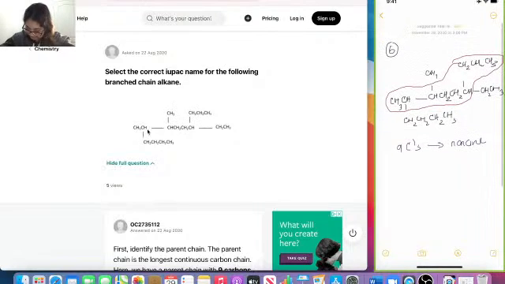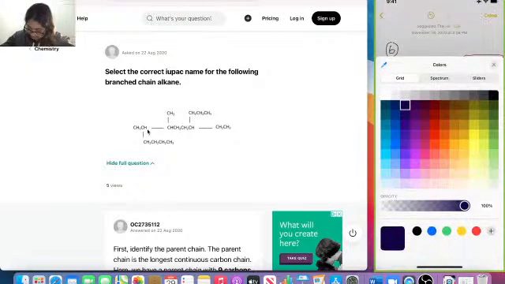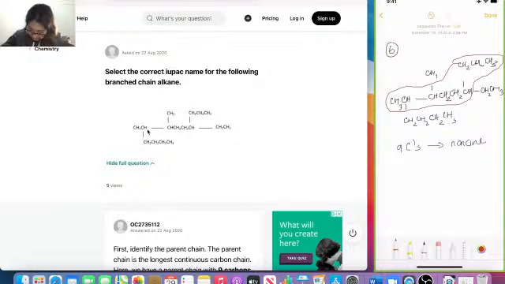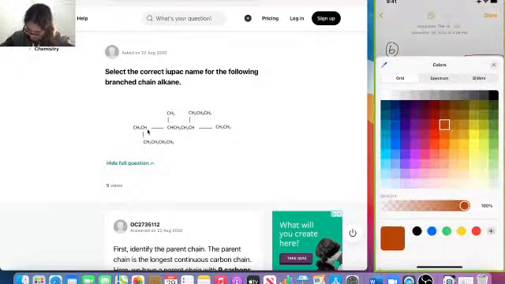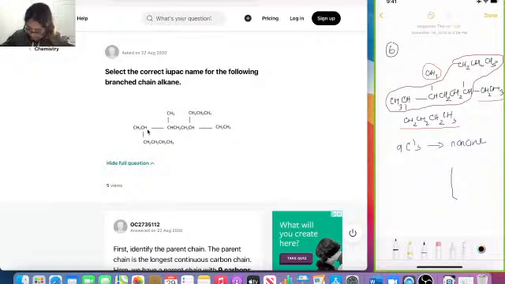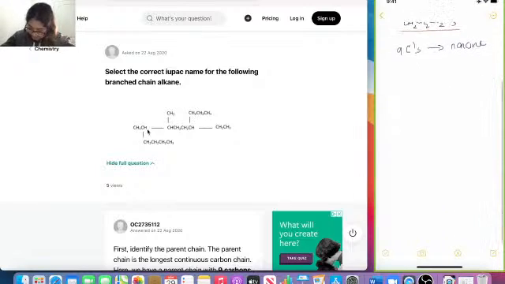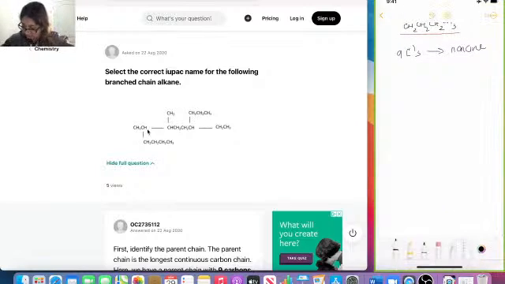So we basically have to identify this group right here, this group right here, and this group right here. Okay, and so what we're gonna do here is find the substituents, and we have to number the parent chain from the end such that the substituents get the lowest numbers, right? And so we can basically say here,